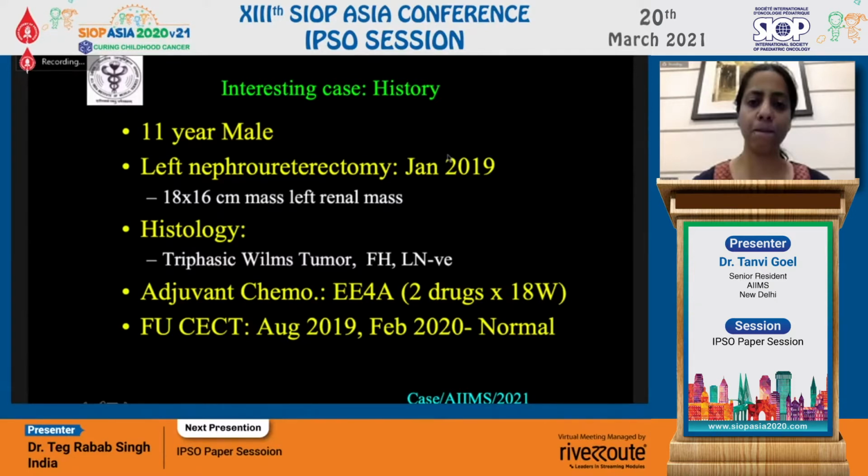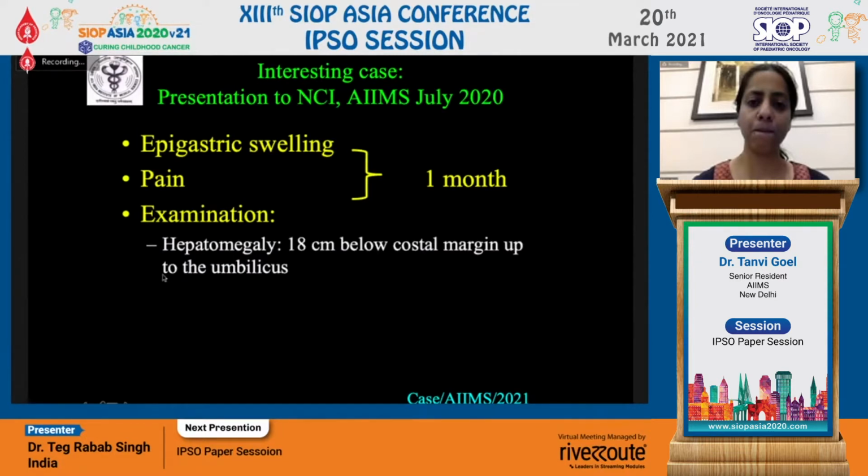And the follow-up CT scans, there were 2 follow-up CT scans that were done, which were reported as normal in August 2019 and February 2020. The child presented to us in July 2020 with an epigastric swelling and pain since 1 month. And on examination, we found a hepatomegaly with 18 centimeter liver below the costal margin, reaching even up to the